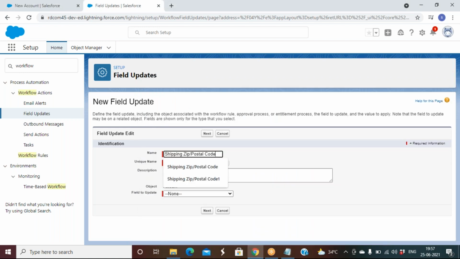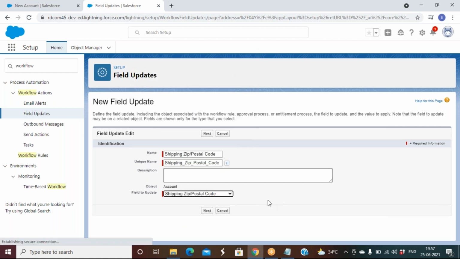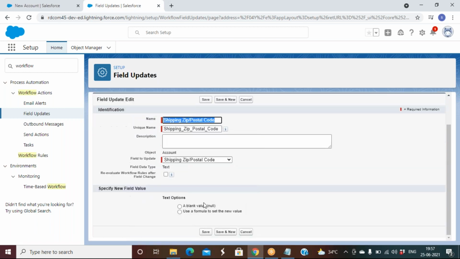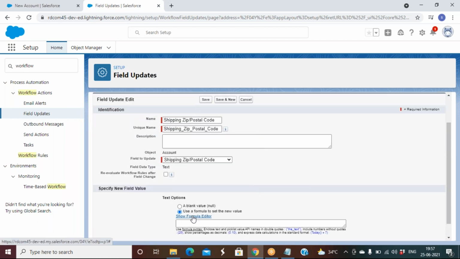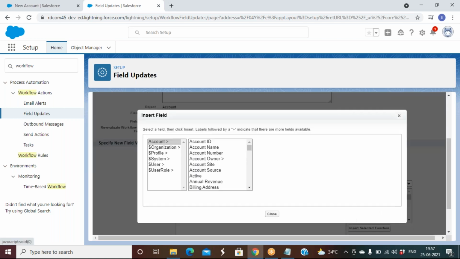Shipping zip or postal code. The field to update is shipping zip or postal code. Use a formula, show formula. Insert it.